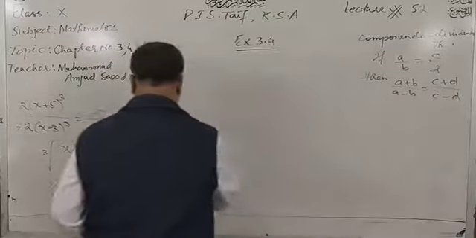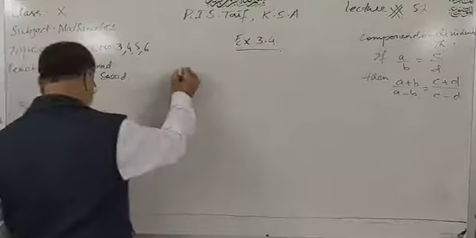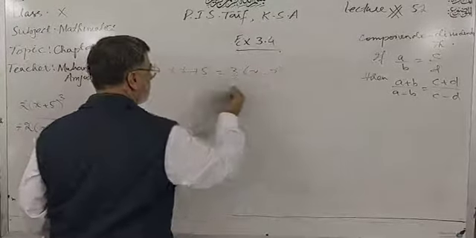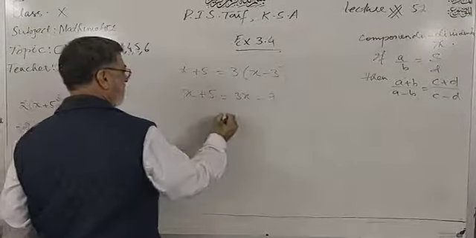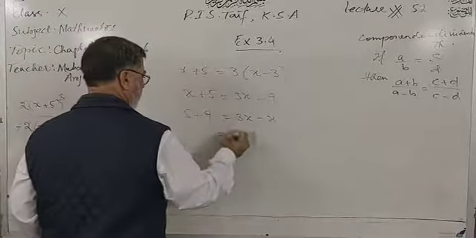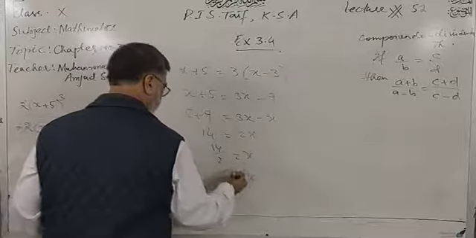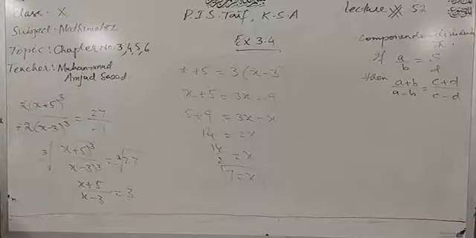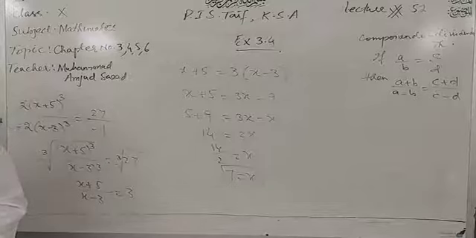After this, you will shift this x minus 3 to the right hand side. x plus 5 equals 3x minus 9. 3x minus x, 5 plus 9: 2x is equal to 14, and x is equal to 14 by 2, x is equal to 7. Dear students, this is your answer. I hope that you understood this question. After that,